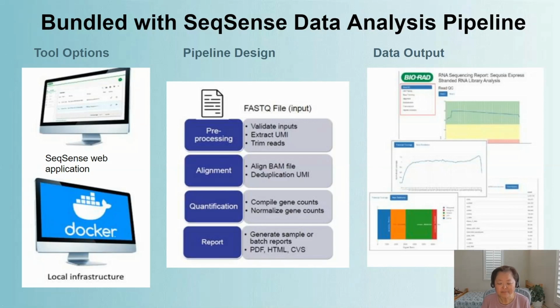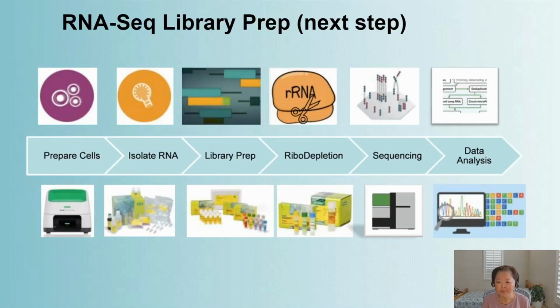Sounds very interesting. So the next step we are going to do is to use the rare cells captured using the Genesis system to conduct RNA-seq libraries. The extracted RNAs will go through the Sequoia complete library prep workflow and the Sequoia post-library ribodepletion workflow. The sequencing-ready libraries can be sequenced on either the Illumina sequencer or other platforms like the Elements or Singular instrument.